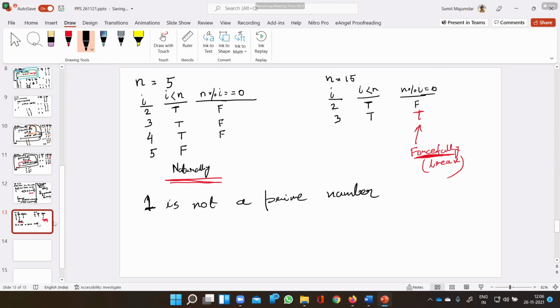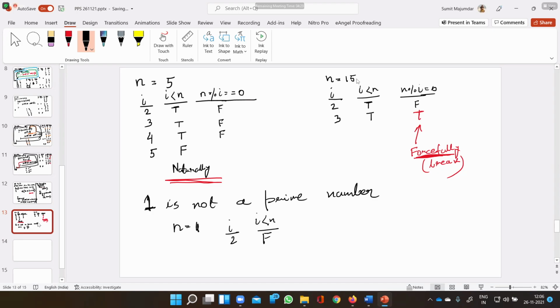Then if n equals to 1, what will be the value of I? It will not enter the loop. So this is false, right?